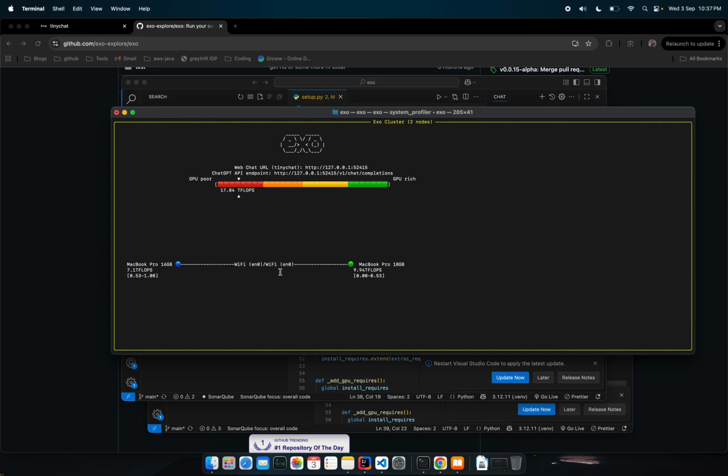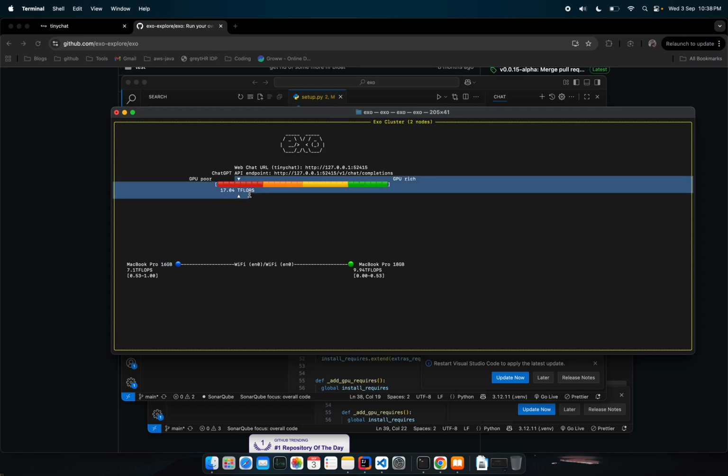Okay, so this is my current MacBook, a MacBook Pro with 18 GB, and I already installed and ran Exo on my other Mac, which is a MacBook Pro M2 with around 62 gig of RAM. As both of them are on the same network, they automatically discovered each other and created a network. But we still see we have poor GPU,